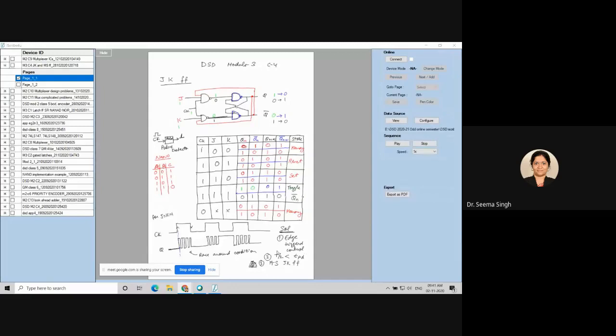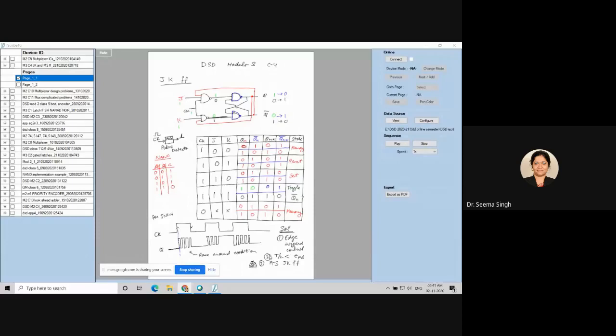Number 1 is edge triggered control. That is, we will not work for pulse triggered, we will use edge triggered. Edge triggered means you work on edge, you do not work on pulse. And for that you need a separate circuit where a pulse is converted to a trigger, and then this comes as input to the clock. Then it is called edge triggered control or edge triggered flip-flop. That is one of the solutions.